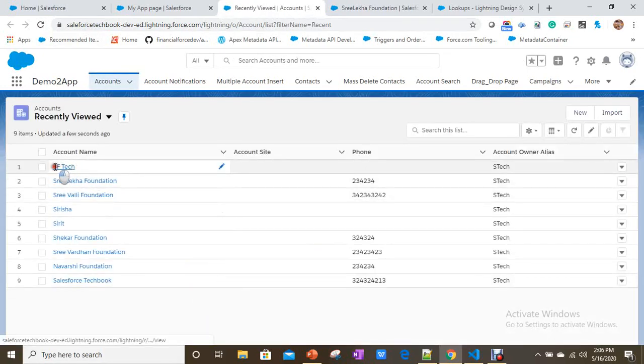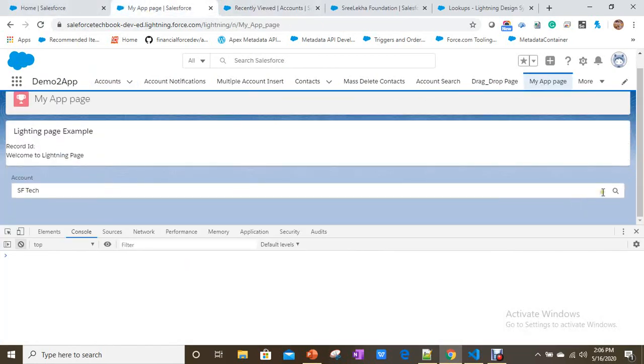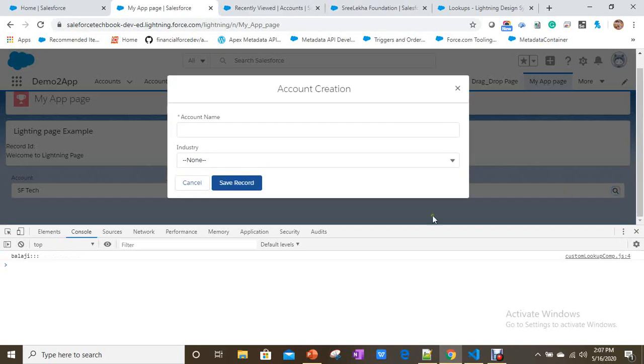See, SFTech is created just now, and whenever I create it, I'm getting the account name in the search box automatically, whatever I created, and I'm getting the account ID also. Let me create one more.